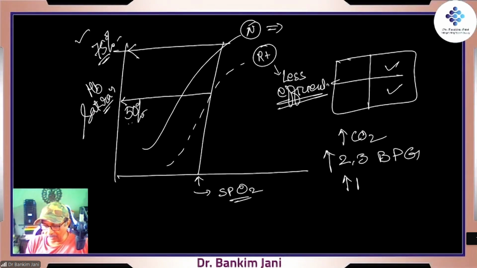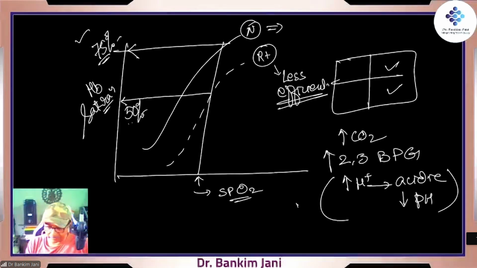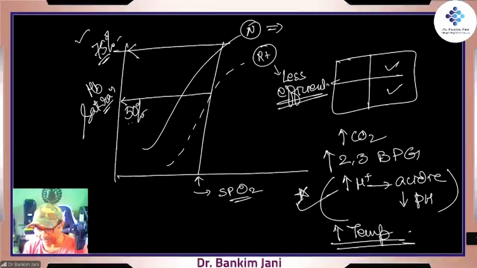When there are more hydrogen ions, that means it is more acidic, pH less than 7, so there is decreased pH. And in higher temperature, higher BPG, higher hydrogen ion, higher carbon dioxide, they all are